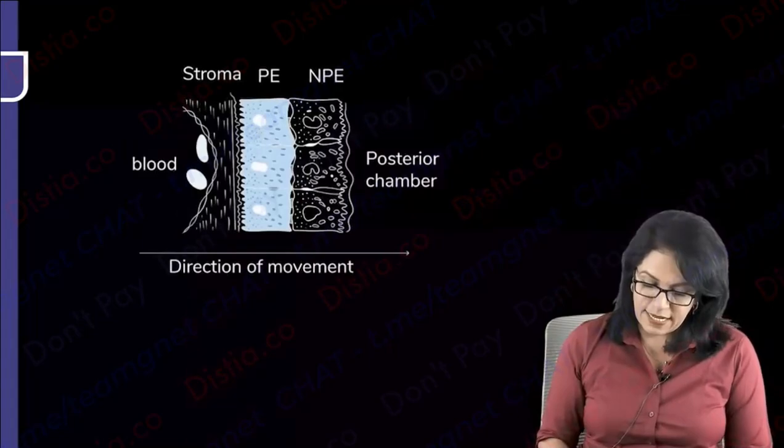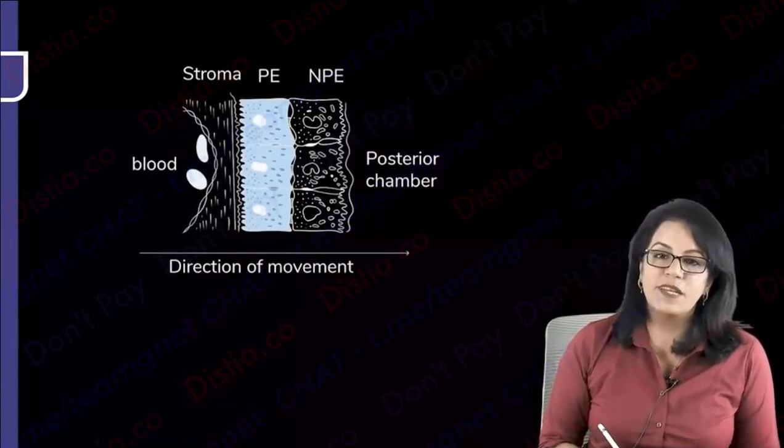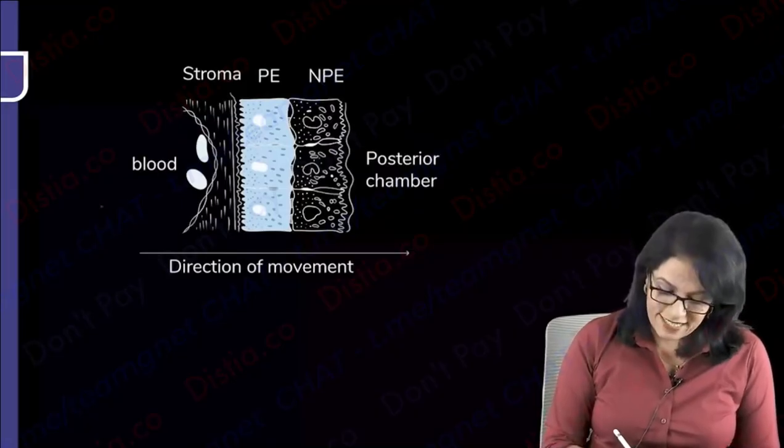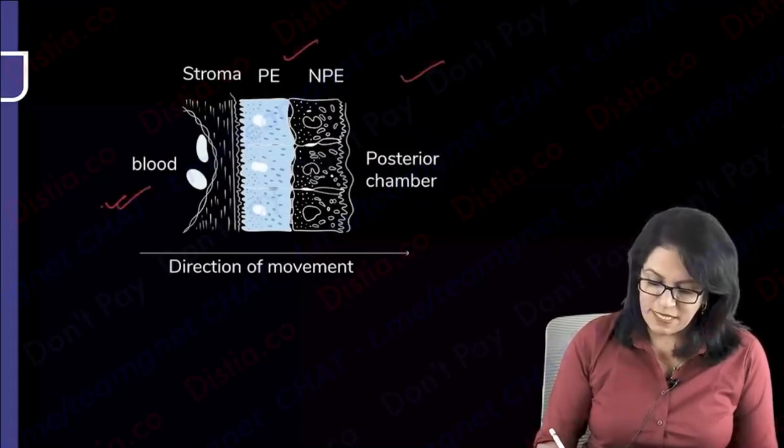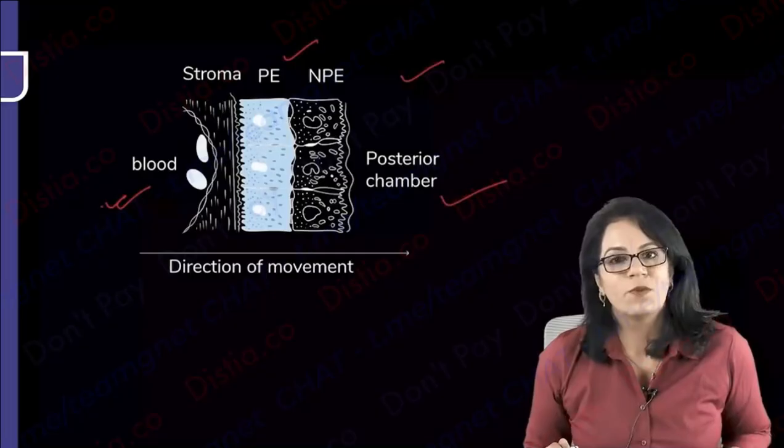Do we really understand what is the direction of movement, what is happening? The aqueous is filtered from the blood through the stroma, through the pigmented and non-pigmented epithelium, and it comes into the posterior